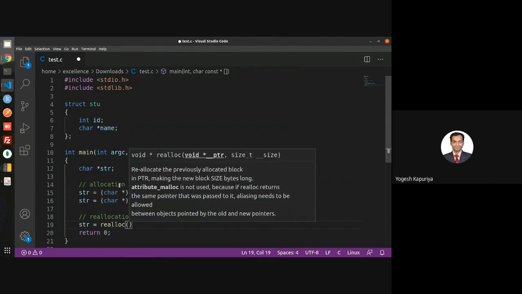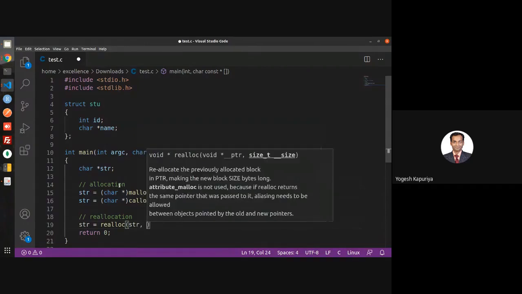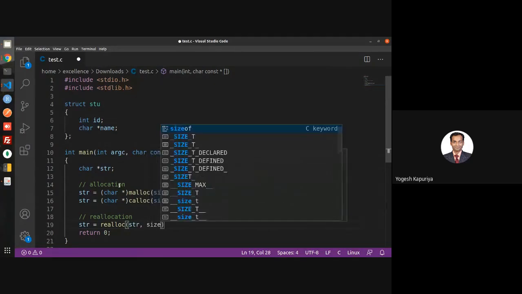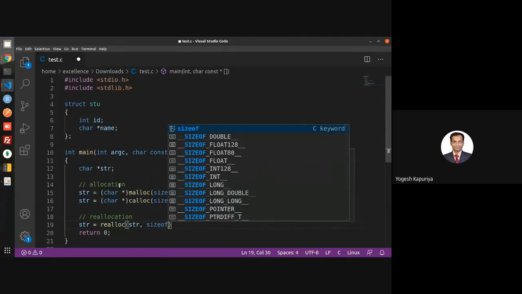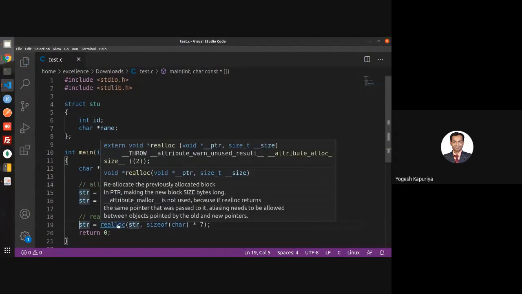I think the syntax is: first parameter is the pointer which you want to change. Second parameter is the modified size. So now what I want is, instead of 10, I want 7, and what does it return?